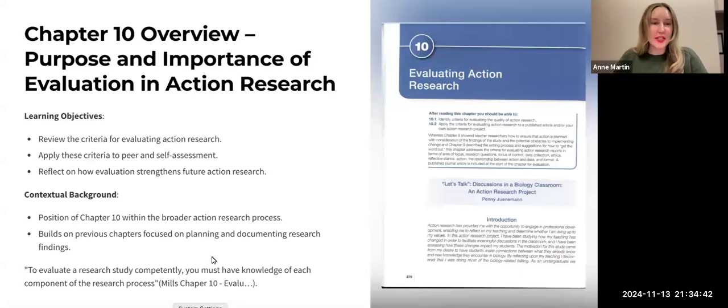So, of course, Mills leaves us with this quote that I really liked, thinking about how when you evaluate action research, that really shows our mastery of all